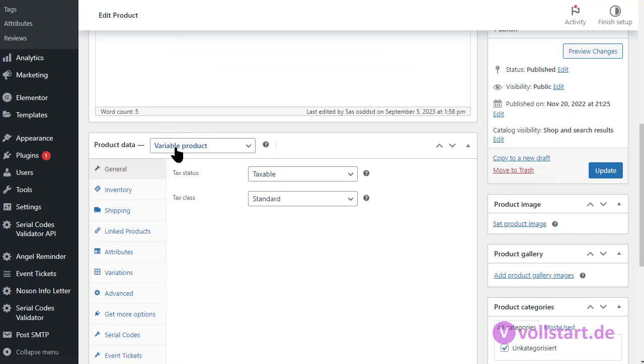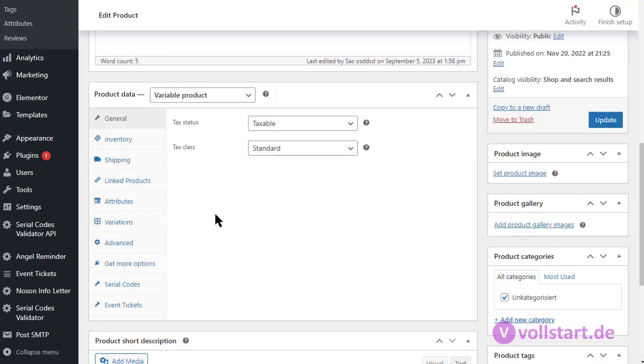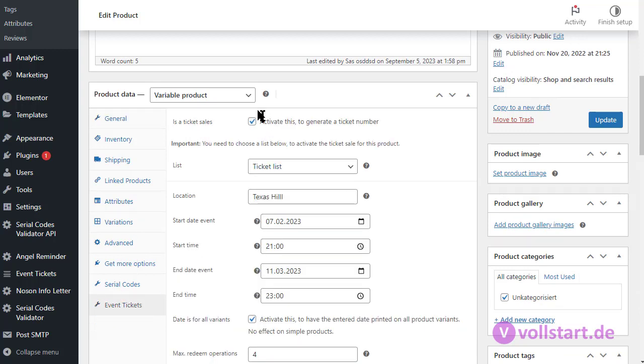This is a variant product, a variable product. And just to demonstrate this here, you can have the event ticket. You activate this to become a ticket product. If you remove it, it's a normal product. You need to choose a list where you are taking or generating the ticket numbers in. And on the list itself, you can have the ticket number formatter additionally. So this gives you a quite flexible option, so that you understand just by reading the ticket number what's going on here if you use this.